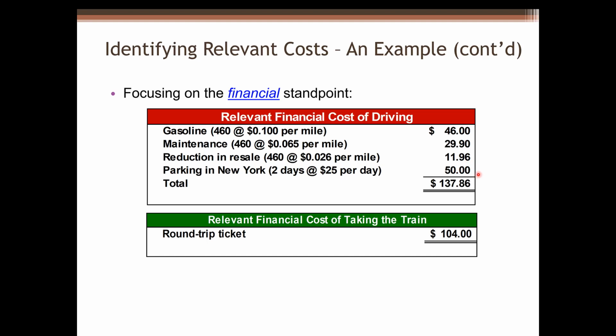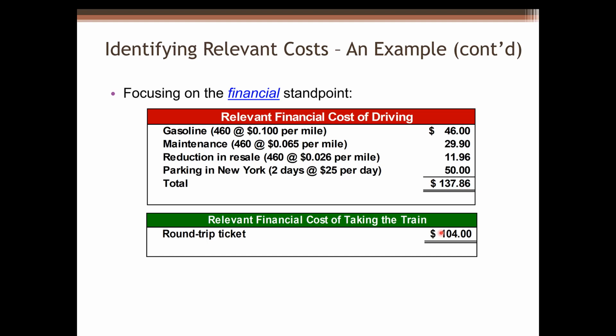We can calculate the total dollar amount if Cynthia drives to New York. For gasoline, 460 miles, keep in mind this is a round trip, so 230 miles multiplied by 2, and we get 460 miles, multiplied by $0.1 per mile, and we get the total gasoline cost of $46. We can calculate for maintenance, reduction in resale, and parking in New York. And we can get the total cost of driving